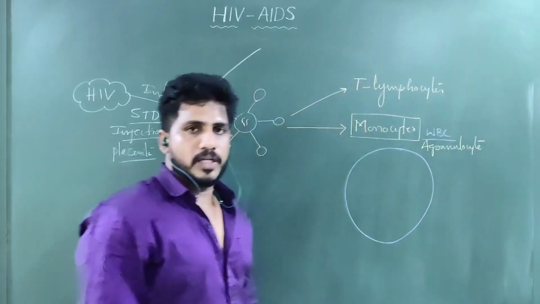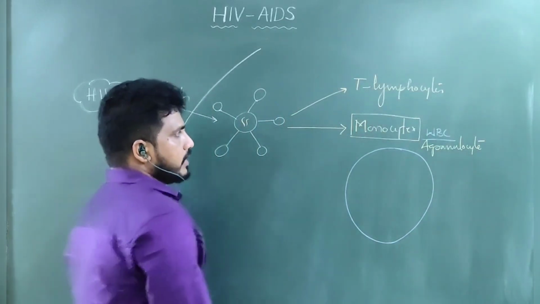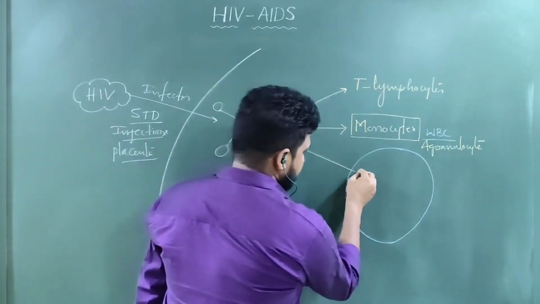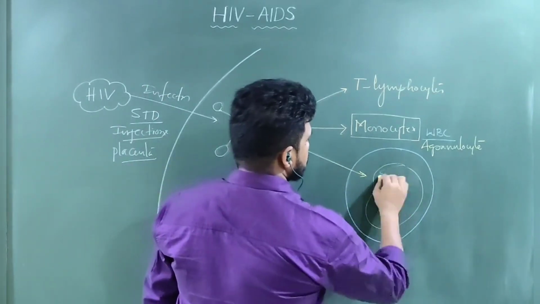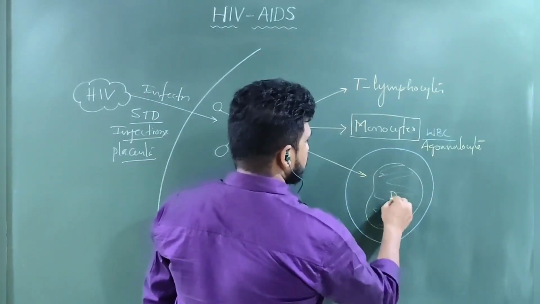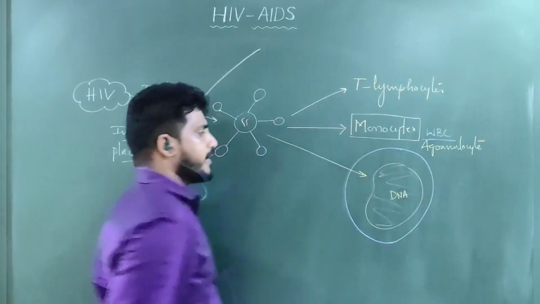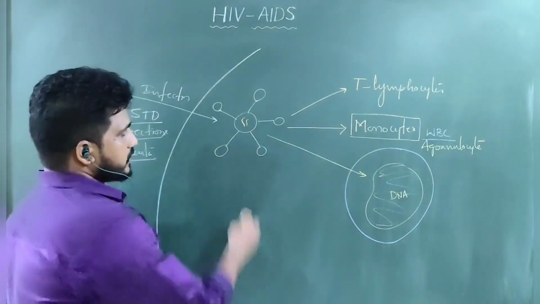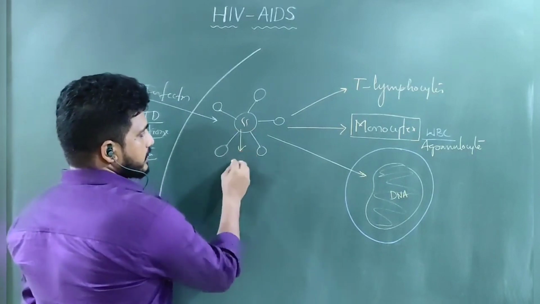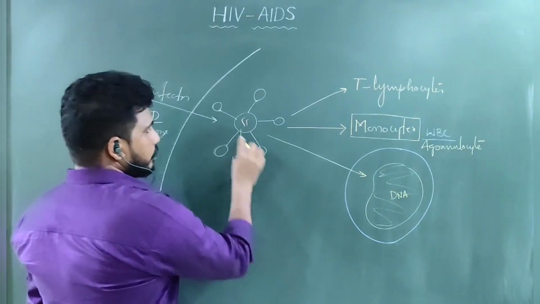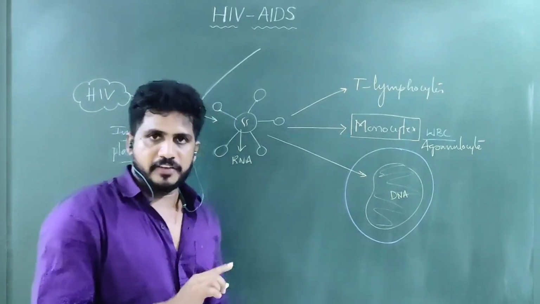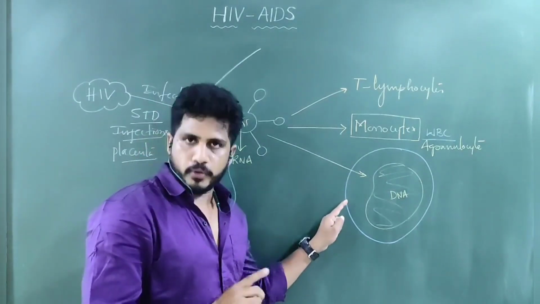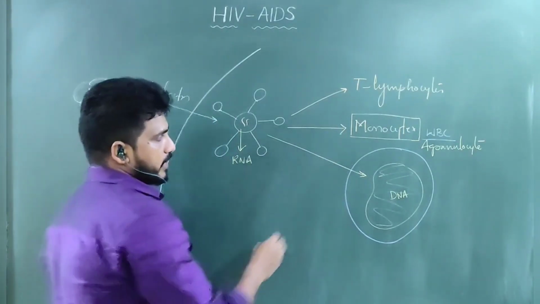Agranulocytic leukocyte means WBC. It has a large nucleus which is mango shaped. The genome of our body is DNA, but the genome of the virus is RNA. Once this RNA virus, nothing but retrovirus HIV, infects monocytes, which are also called macrophages,